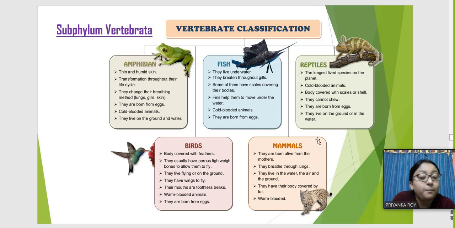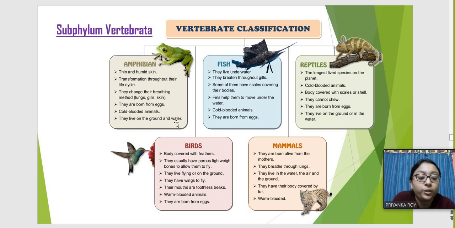Next come the mammals, which are different from the others because they give birth to their babies and not by eggs. Very few exceptions are egg-laying mammals, but other than that they mostly give birth to their babies and they have hair throughout their body. They can breathe through lungs and they are warm-blooded animals. So